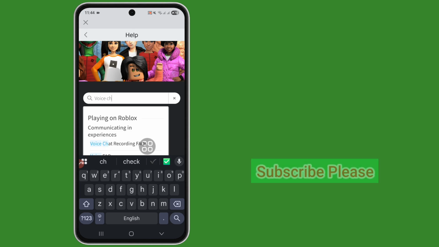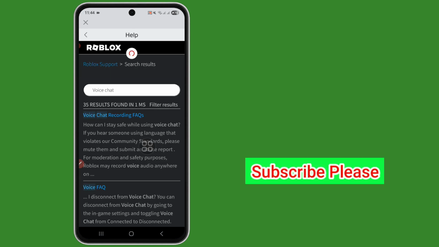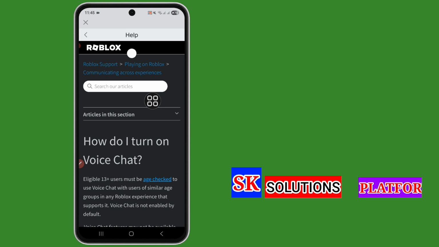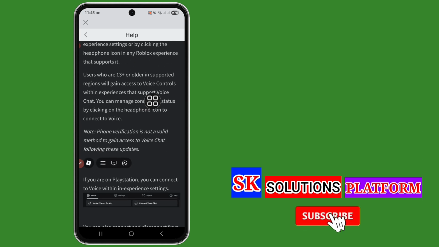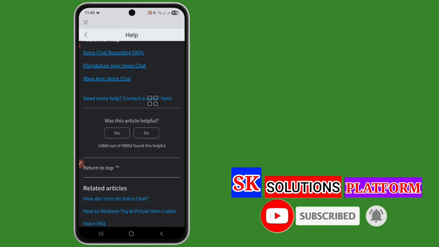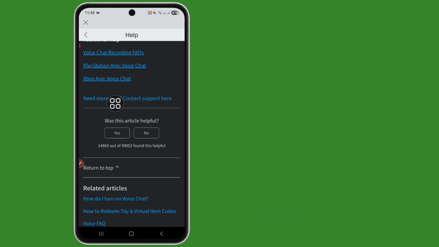and tap on Roblox voice chat, scroll down, then tap on the how to turn on voice chat option and scroll down and tap on need more help, contact support here